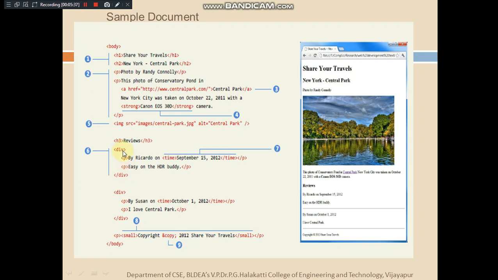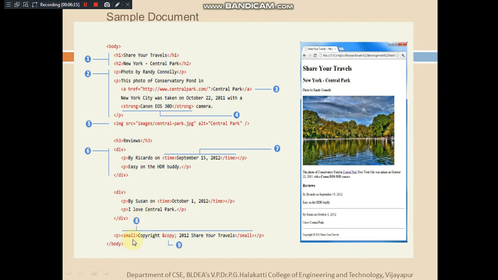You can observe inside this particular division we have 2 more paragraphs, and we are using time here. Time itself is a tag which can be utilized effectively in JavaScript and all, like if you want to know when the web page is loaded, if you want to have some interactiveness or add a dynamicity to the web page, in that case we can make use of this content. Otherwise there is no change in the output of this time tag or the one which is written in paragraph. Similarly we have another division element.